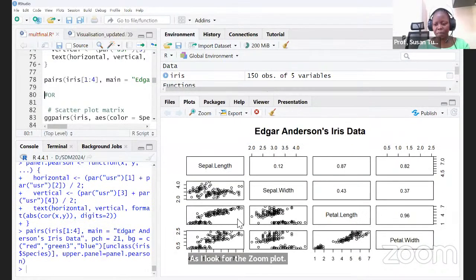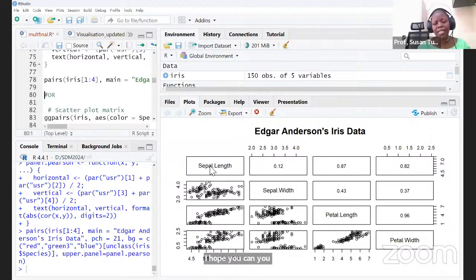It has disappeared somewhere. Okay, so let's look at the plot window on my screen. Although it's not zoomed, I hope you can